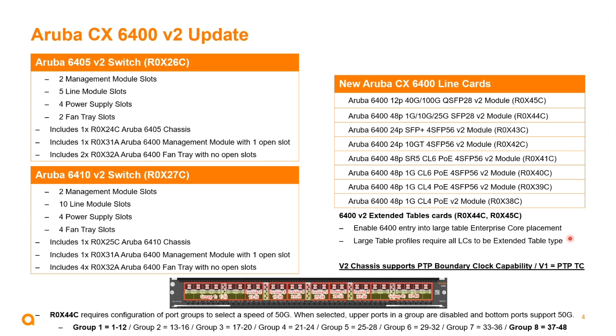And we do that by manipulating the table profiles on these line cards. Something else I wanted to mention as well is that the V2 chassis supports PTP boundary clock capability, so we will need a software upgrade to be able to use it. Now, just one more thing to mention around